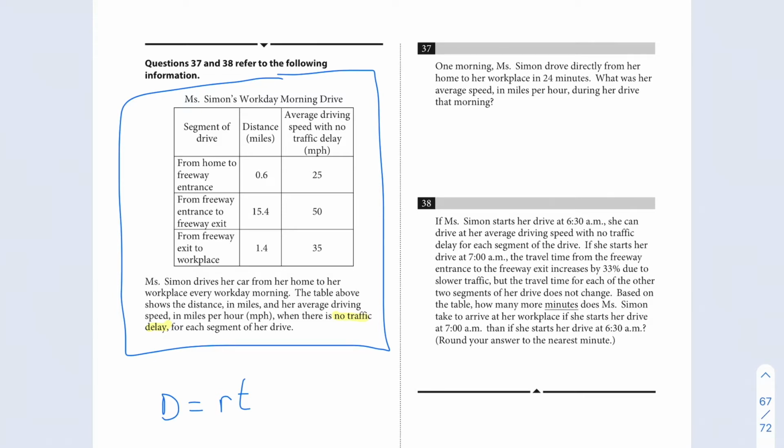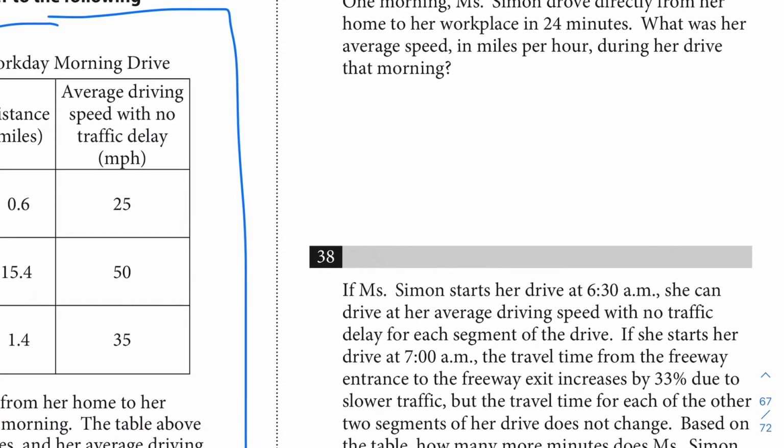All right, let's tackle 37. One morning, Miss Simon drove directly from her home to her workplace in 24 minutes. What was her average speed in miles per hour during her drive? So for average speed, we are looking at,